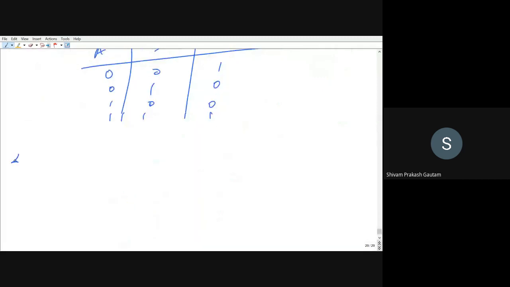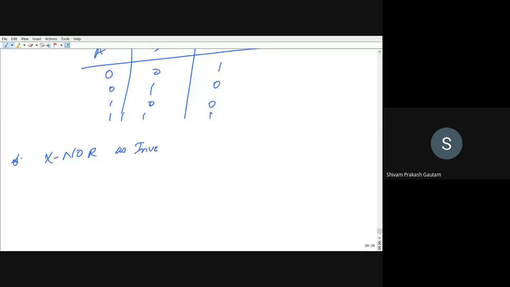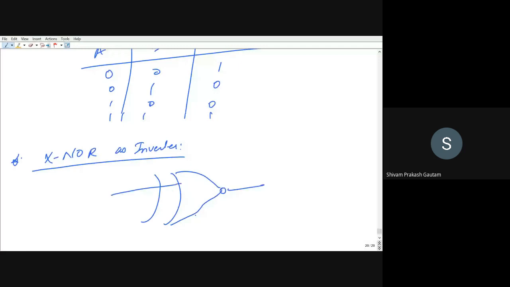We can also use XNOR as an inverter, like we have used XOR as an inverter. So XNOR as inverter. Inverter means NOT. So for that, what do we have to do? First, draw the symbol of XNOR. At one terminal, the variable will be provided. Another terminal should be kept at 0. Then you will be getting X bar. In the previous case, the XOR gate, we were providing a constant supply of 1. Here we are providing a constant of 0. Is it okay?